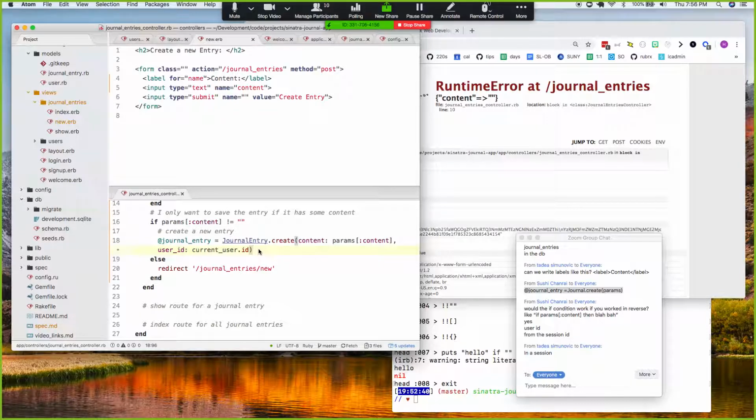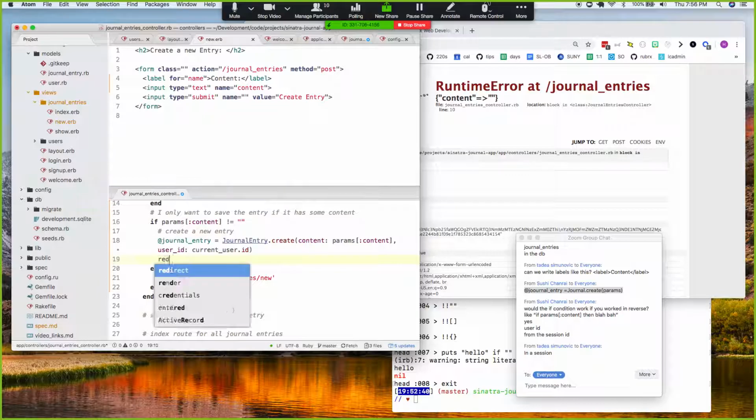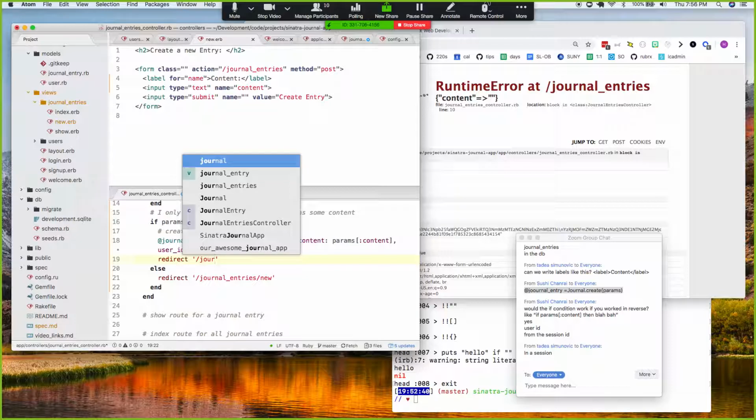Okay, so once I've created this journal entry, where should I go? I'm going to redirect. Where do I want to redirect to? Maybe the journal entry, like that particular journal entry. I think that's a great idea. So I'm going to say journal entries,